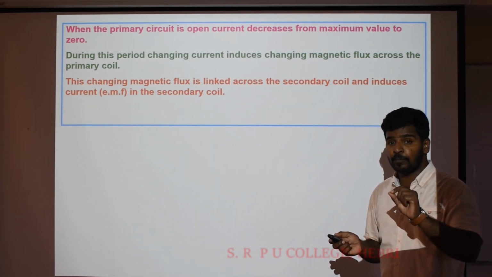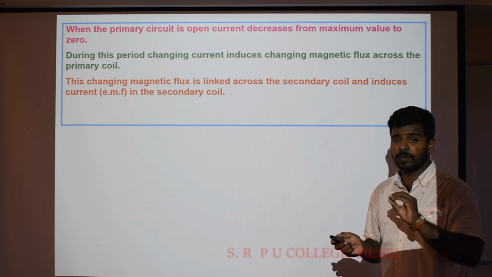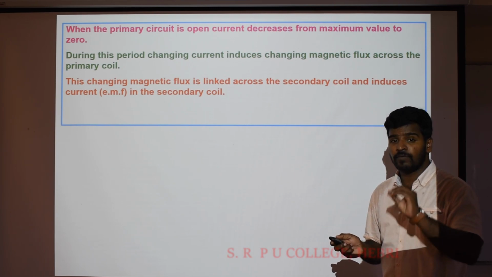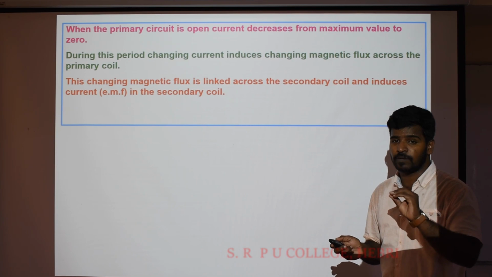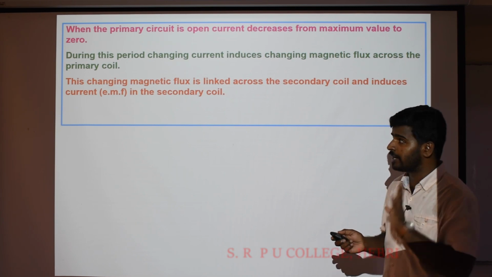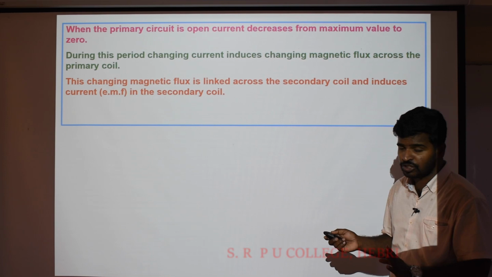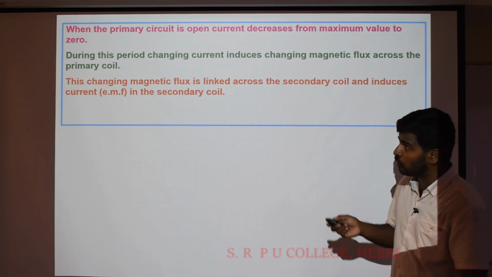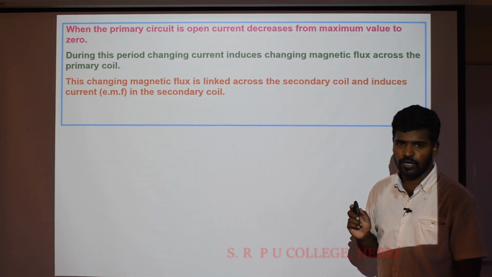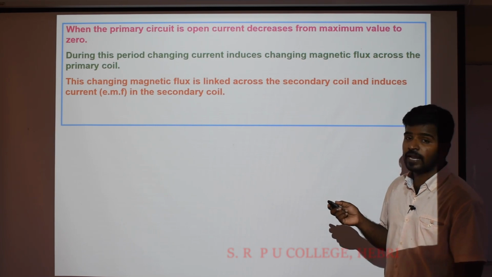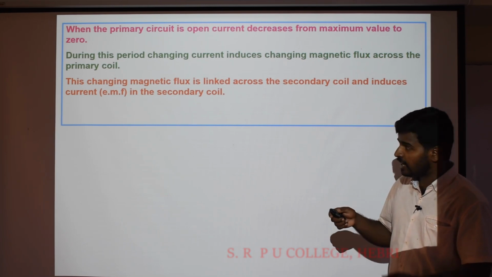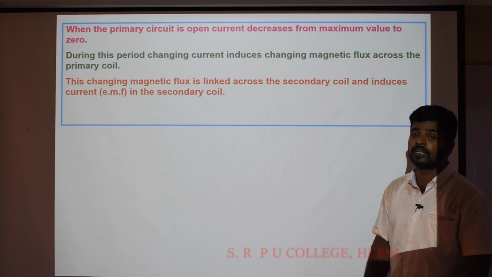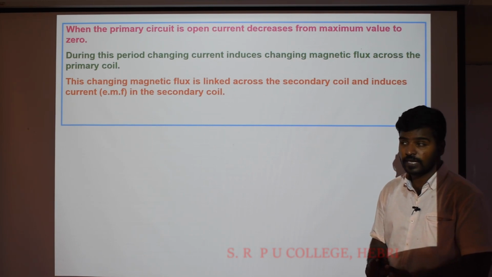One more very important 3-mark question: Explain current induced by varying current, by Faraday's experiment based on electromagnetic induction. These 3 explanations, along with the first 3 explanations, must be written along with the diagram. Is it clear? This experiment based on electromagnetic induction was concluded by the scientists Michael Faraday and Joseph Henry in the year 1830.